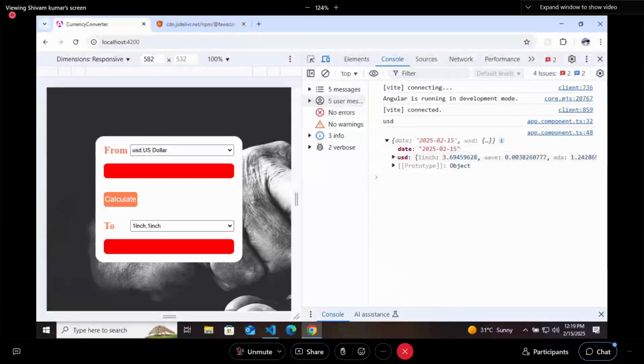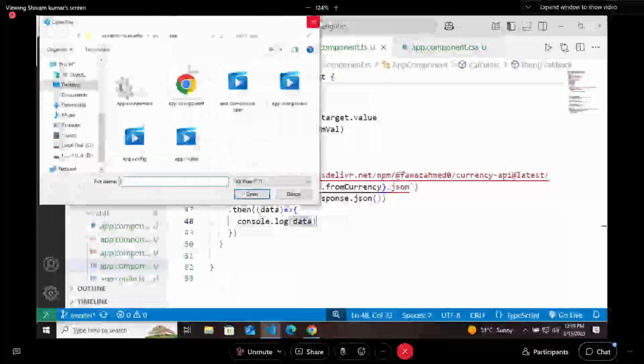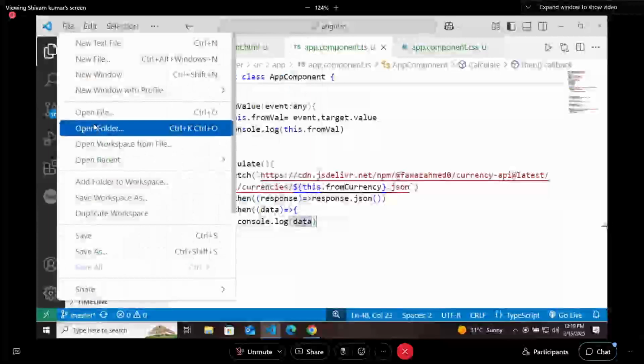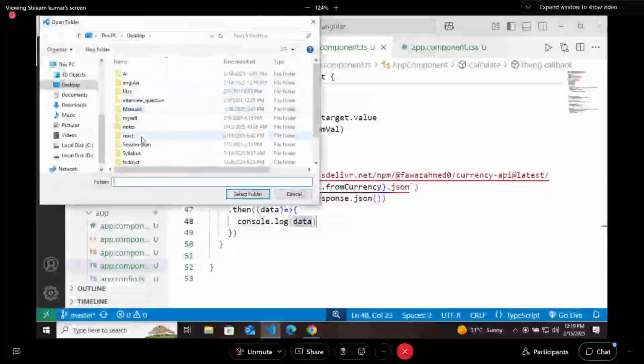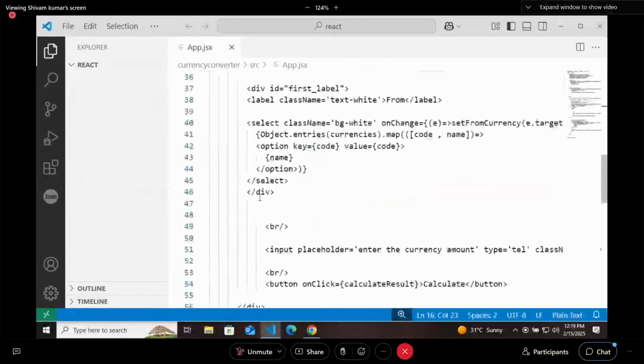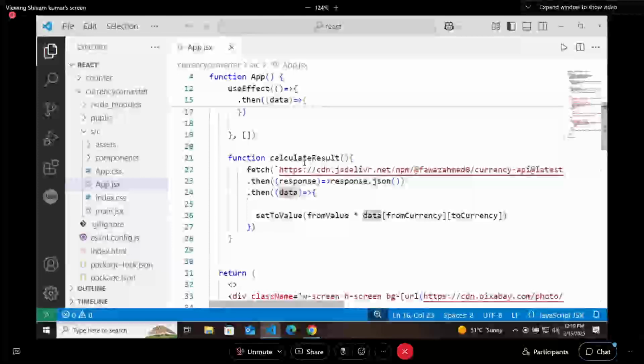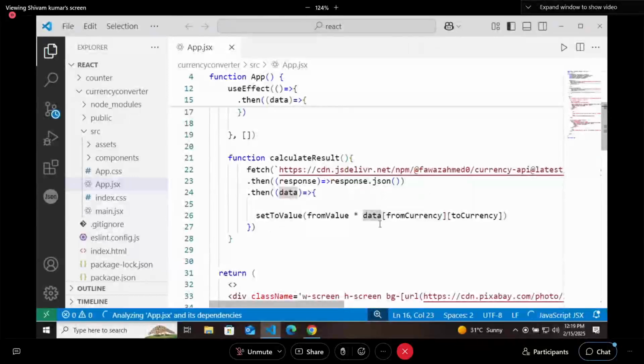Let me show you these things in React, because in companies it is not fixed that if you are selected for Angular, you will be working on Angular only. A lot of things are the same. So same thing here, calculate result. In that way, whatever you are getting, data will be having the indexing.